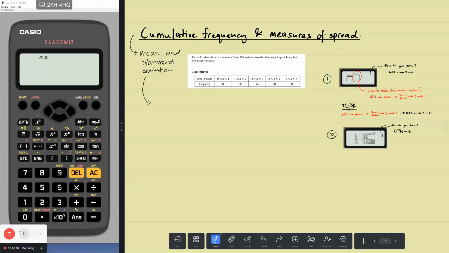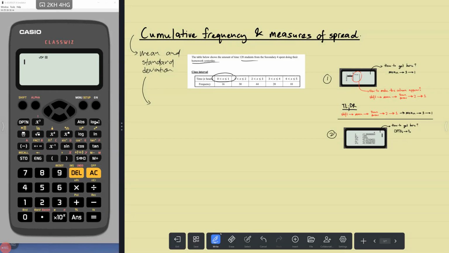Hi everyone, in this video we're running through mean and standard deviation and the calculator work associated with it, with a table that is not like the one we did before, but instead is class interval. And this is the same example. There are 120 students and the data collected is the amount of time the Sec 4 spent doing the homework